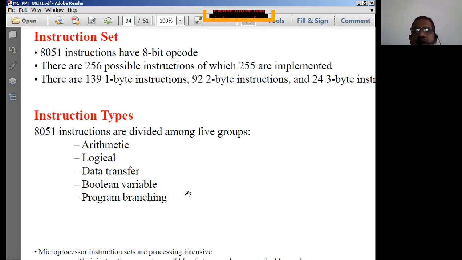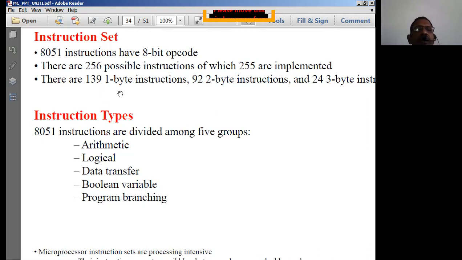So there are 256 possible instructions, of which 255 are implemented. How many instructions are there in the 8051 microcontroller? Around 256 possible instructions, of which 255 can be used by the programmer.